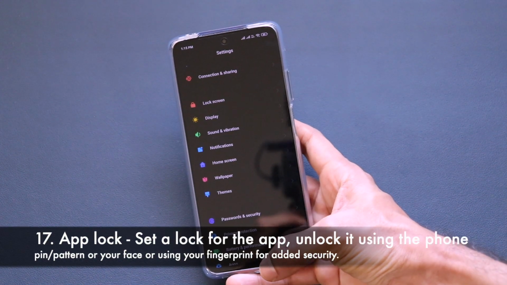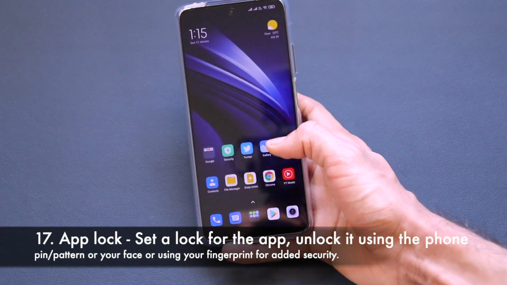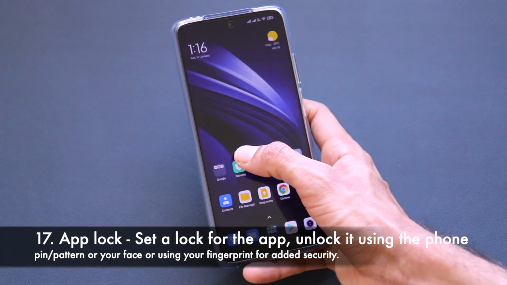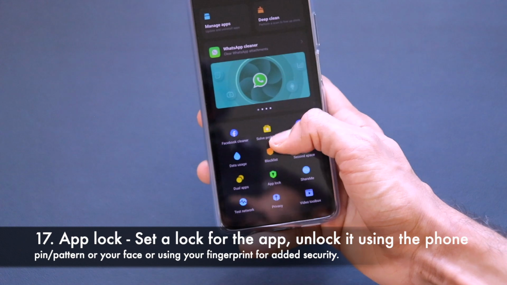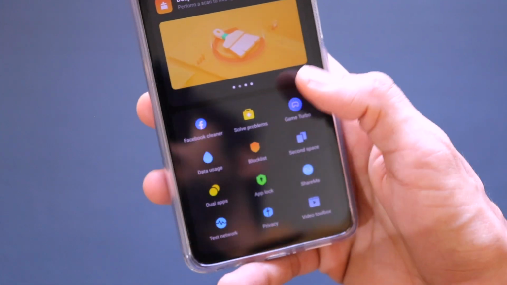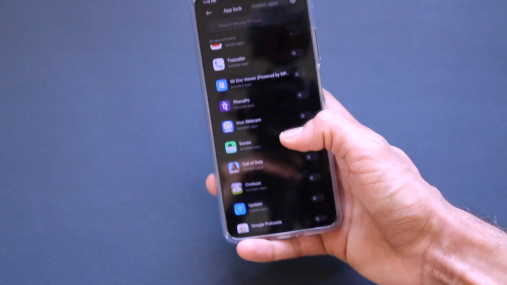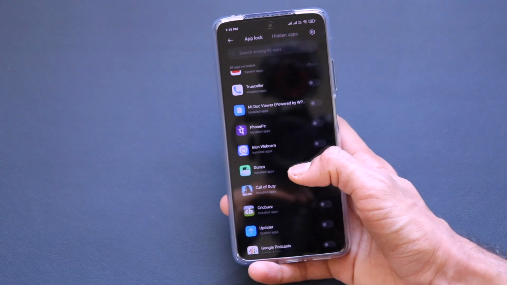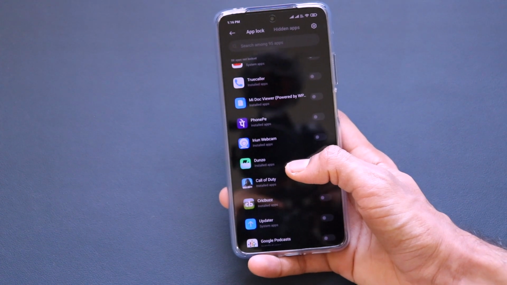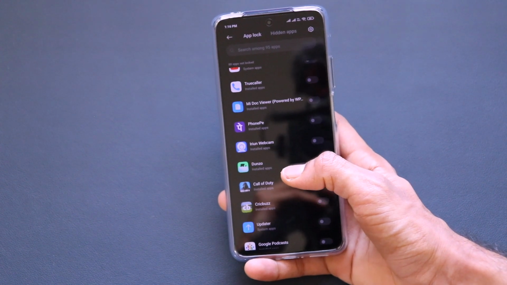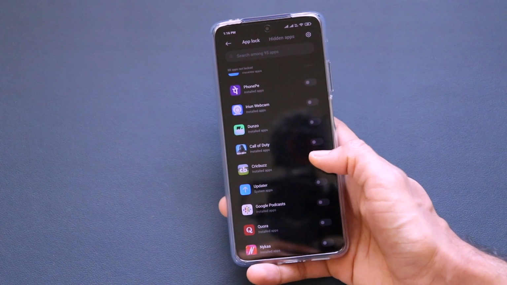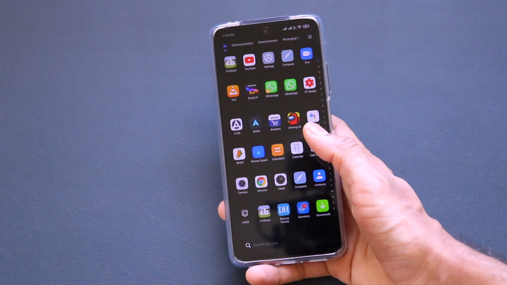So guys, the 18th important tip and trick for your Xiaomi Mi 10i device is with respect to the locking of applications. In order to lock any application, just go to the security application and scroll down over here. There is something called app lock. As you can see, the app lock feature is present over here. You can see which applications are present on your device, and you can lock any application. There is no restriction with respect to which application you can or can't lock. You can lock any app present on your device, and that particular app can be opened only with the help of your password, your face, or your pattern.